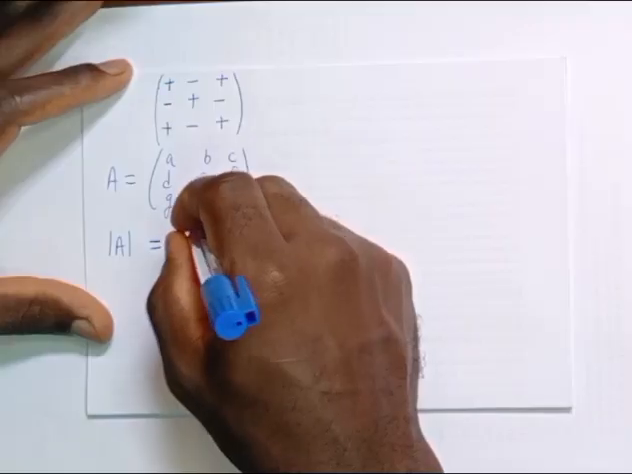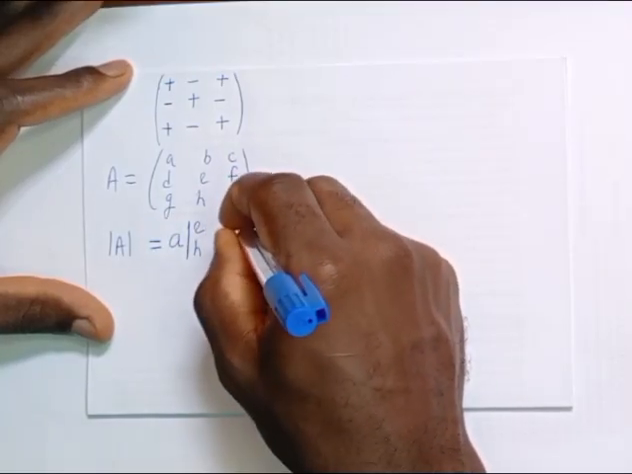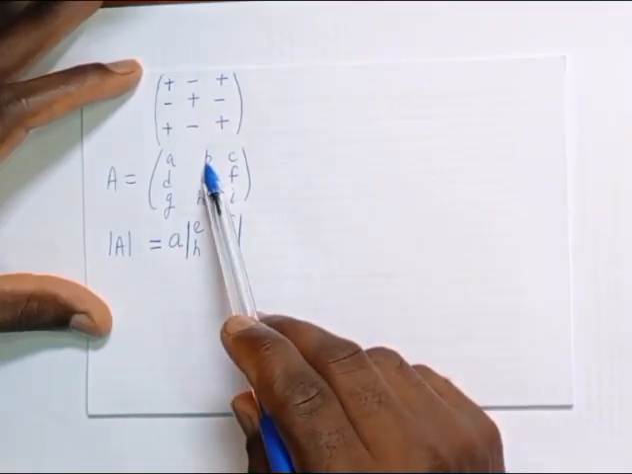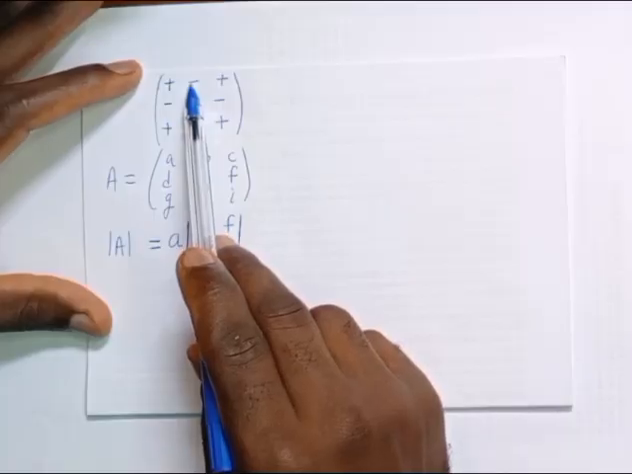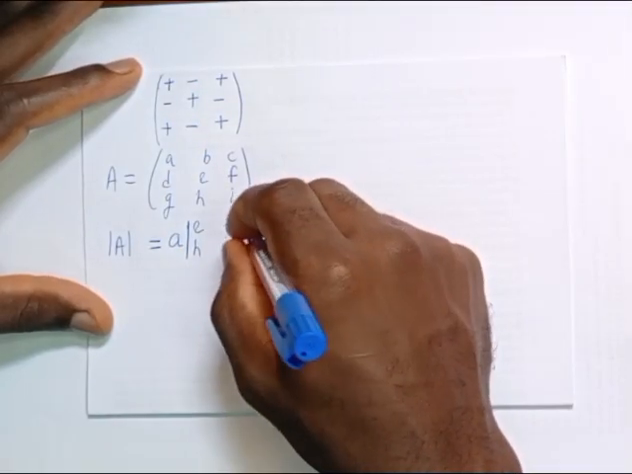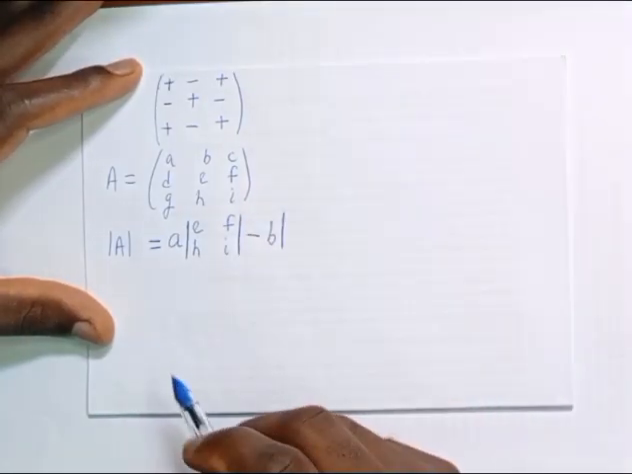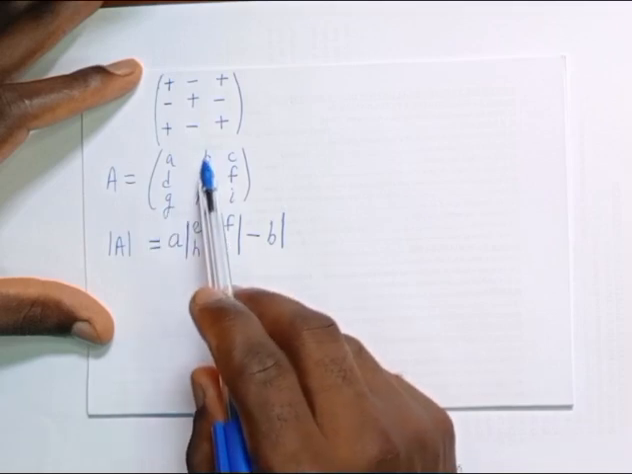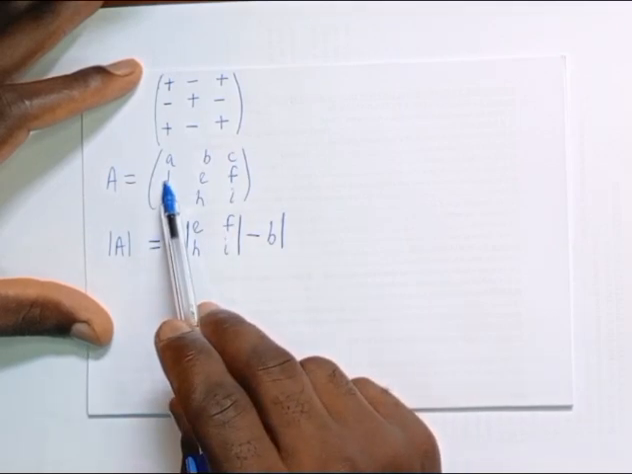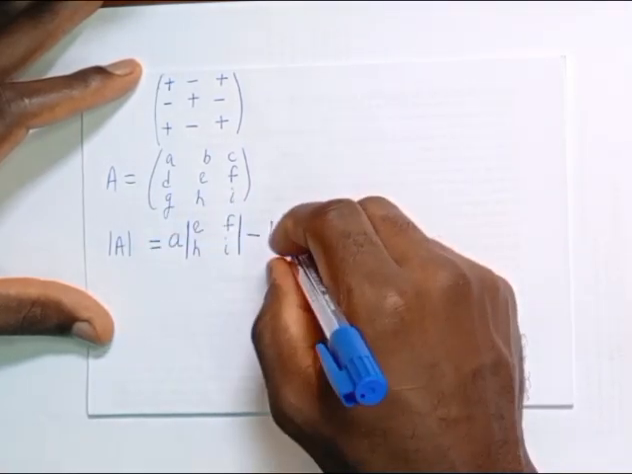The determinant of this matrix E, F, H, I, plus the cofactor of the entry B. According to the sign rule, it is minus. That means we are to have a negative sign here, minus B times the determinant of the 2 by 2 matrix, which is formed when we suppress the column and the row having the entry B. We'll be left with this matrix D, F, G, I,